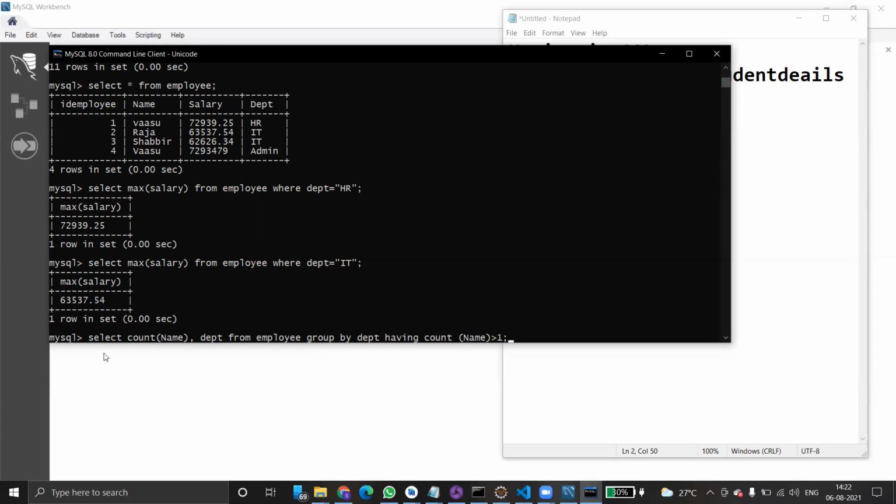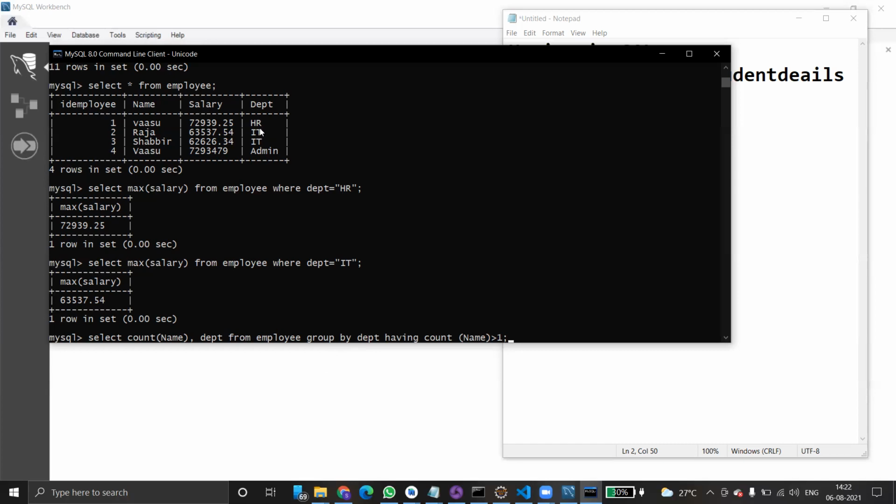Try to understand this syntax. Select count of name. So many names are there. Department name and department will show. Group by, on what basis are you grouping? We are going to group the records based on the department. How many groups are there? HR, IT, and admin. Three groups are there.